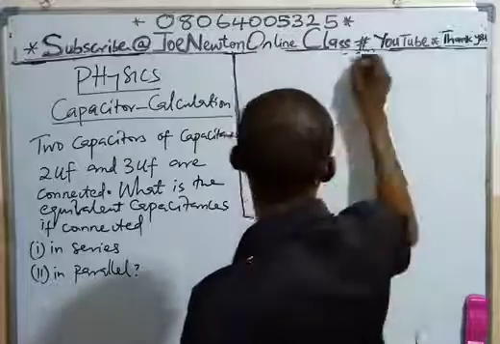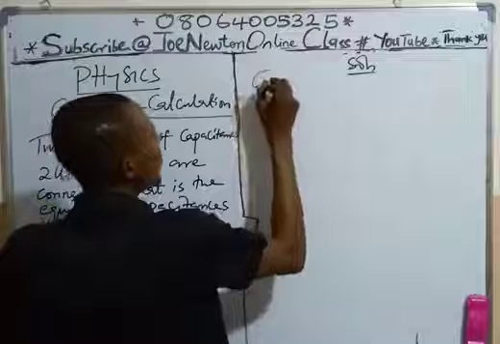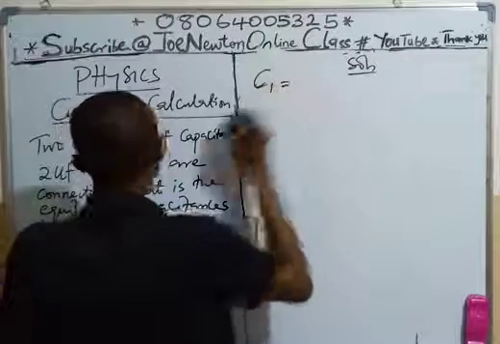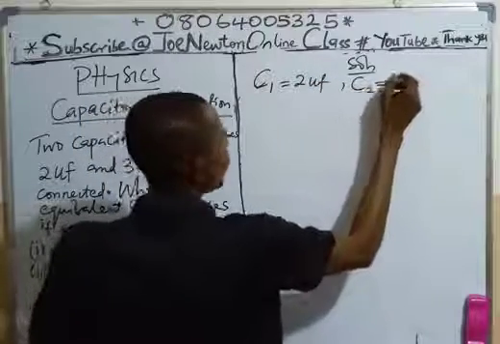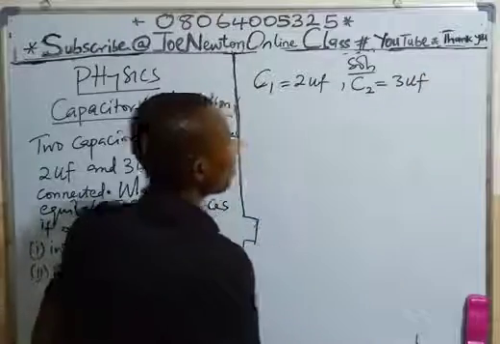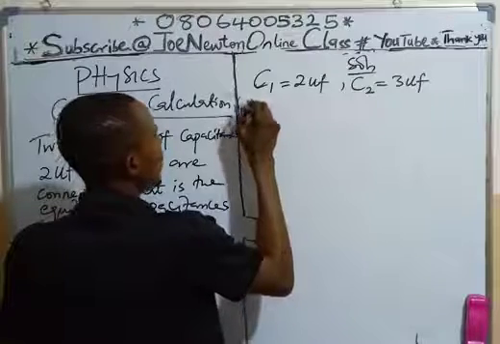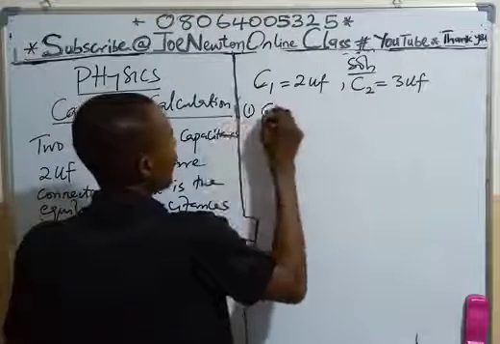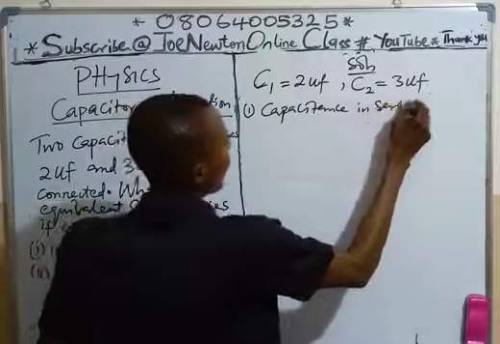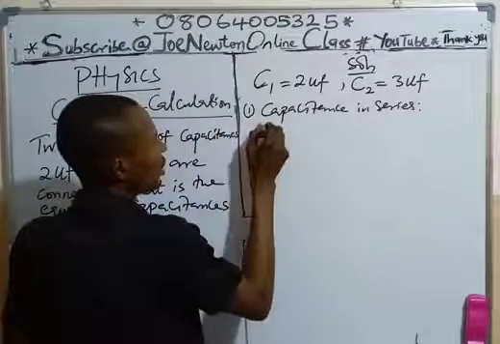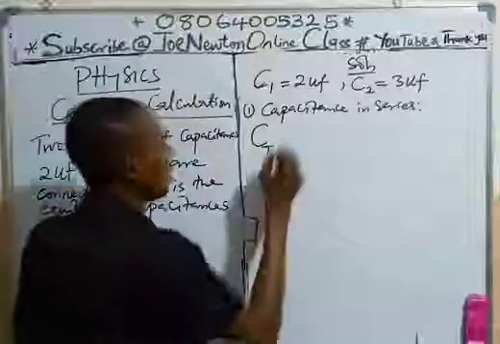Quickly, solution. We have 2 capacitors. Let's label them C1 is equal to 2 microfarad, and our C2 is equal to 3 microfarad. Then we are now asked to find when in series. In series connection, the capacitance in series. In series connection, the total capacitance, now let me call it C total, the equivalent capacitance is given by